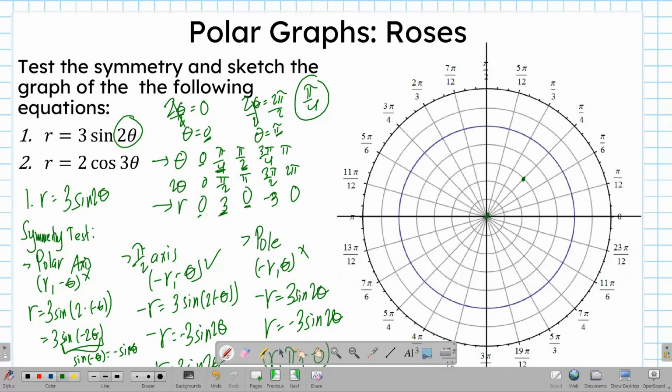0, pi over 2, so it's back here. Negative 3, 3 pi over 4. 3 pi over 4 is here, but since it's negative, we go down here. 1, 2, 3. Here. Then 0, 2 pi. If we're going to take a look at the first graph, it looks like,